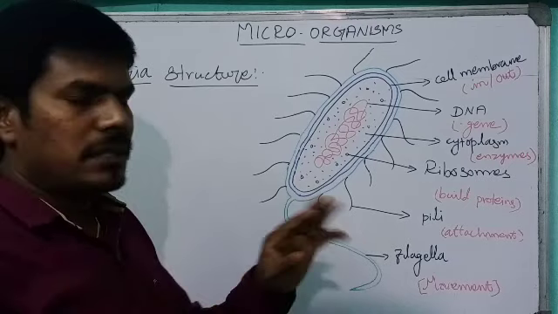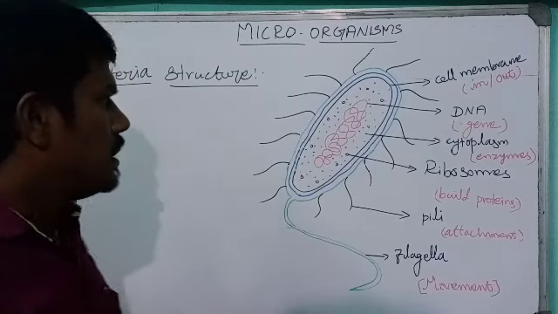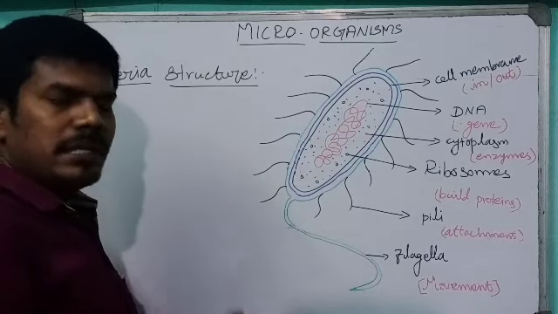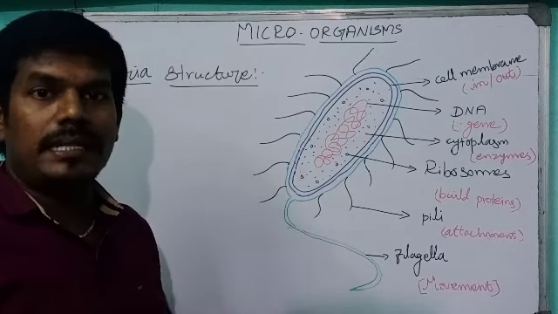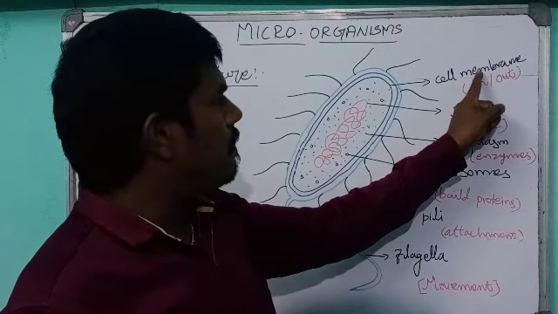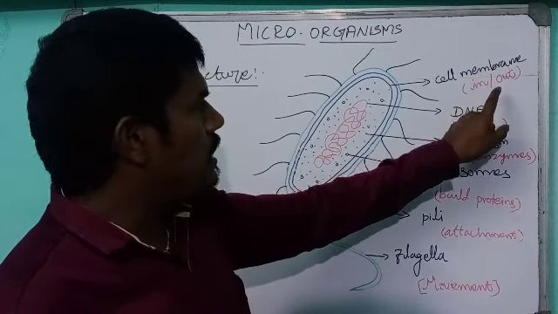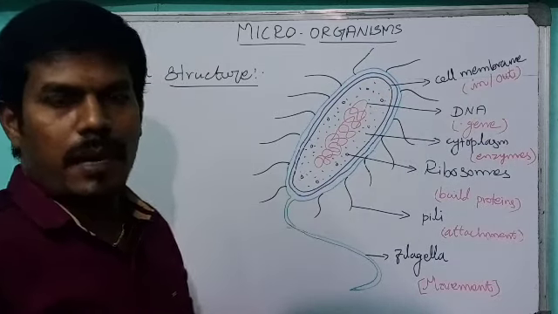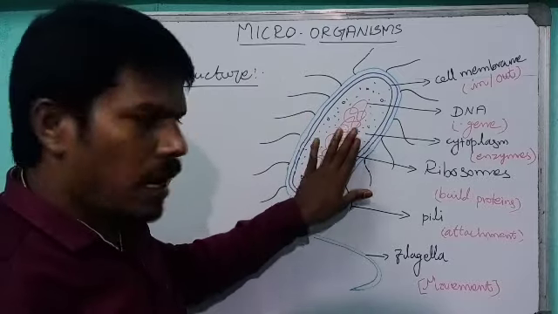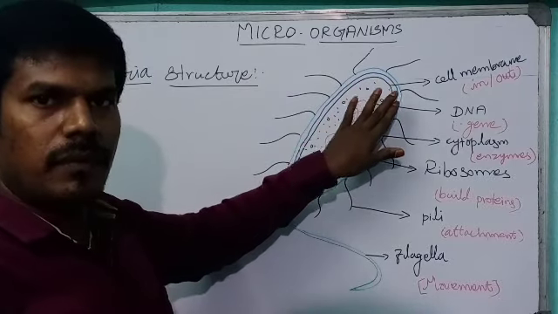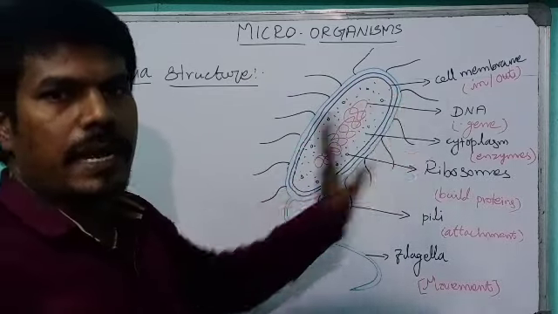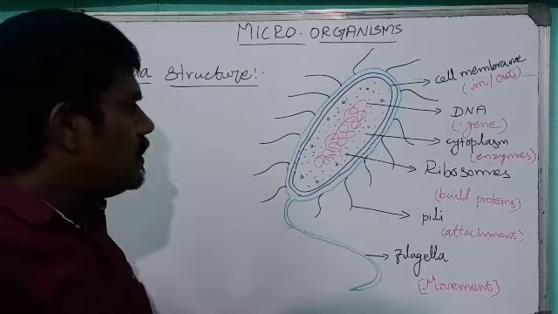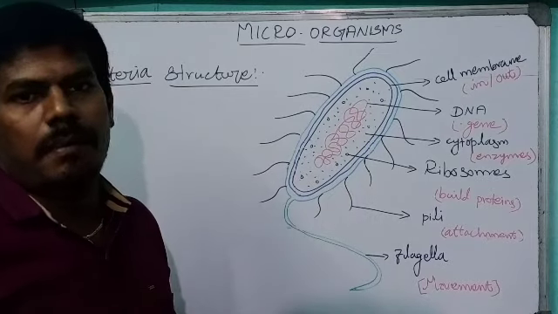The capsule is present in 3 layers, and that is the cell wall. The outer layer is the capsule, the middle layer is the cell wall, and the inner layer is the cell membrane. The cell membrane is mentioned here, inner cell membrane and outer cell membrane. The cell membrane surrounds the organism, the outer layer is the cell wall, and another layer is the capsule. And then this organism has genetic material. This genetic material is not surrounded by a cell membrane.